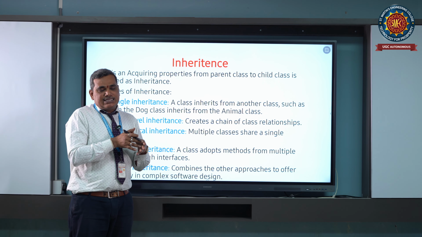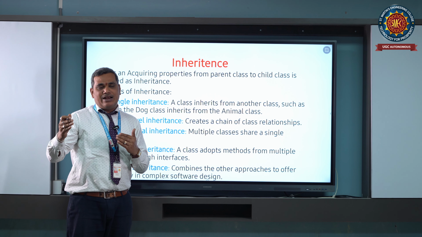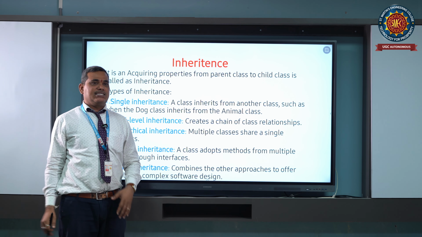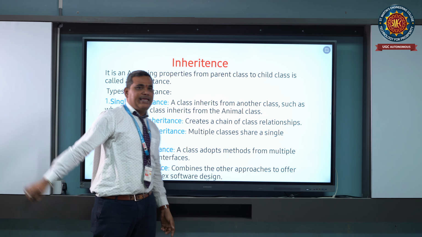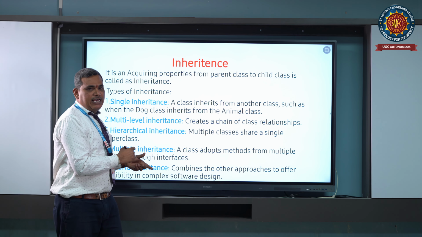Now this class can share data to a number of multiple child classes. That is called hierarchical inheritance. That is called hierarchical inheritance. Now see here,